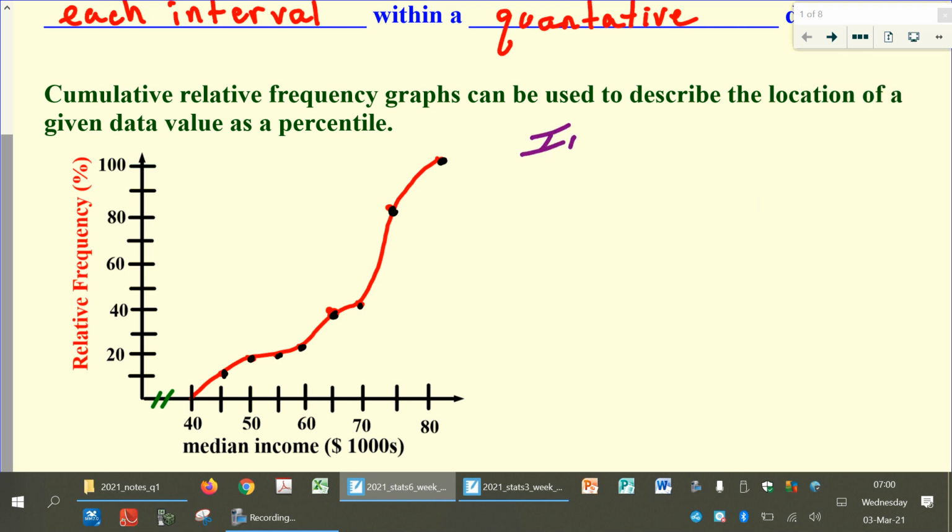So you can see it's going from 40 to 45, 45 to 50, and so on. So if we wanted to know, we're going to assume the relative frequency running total can be a percentile. So if I wanted to know the median, we had a median income